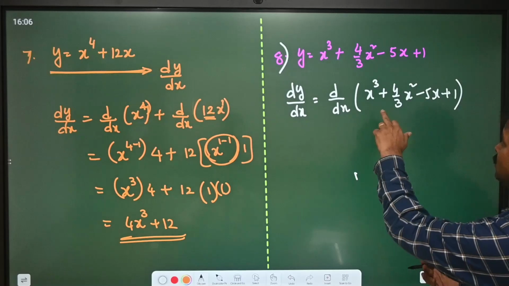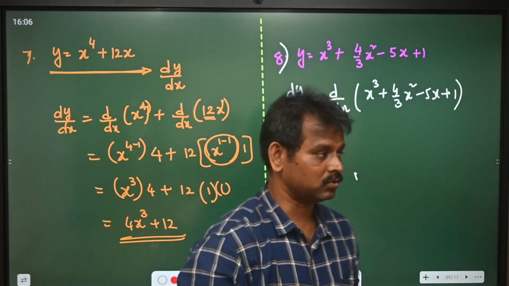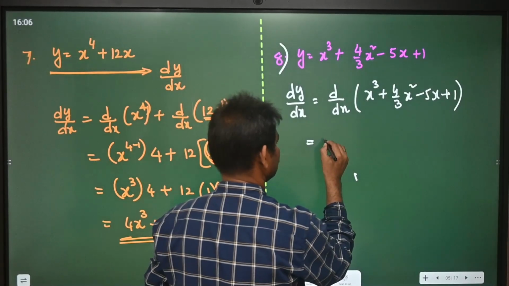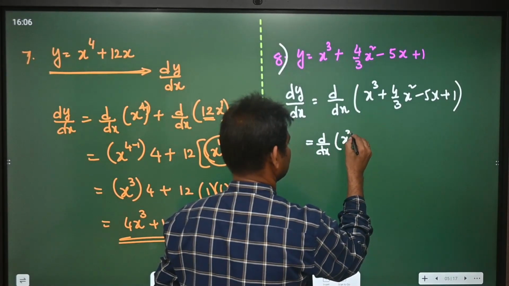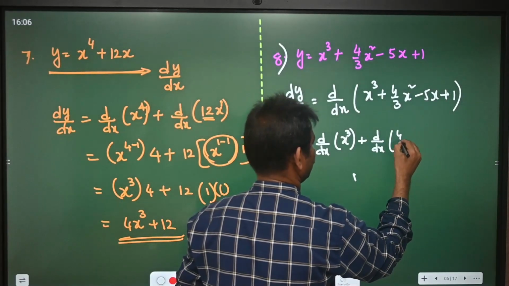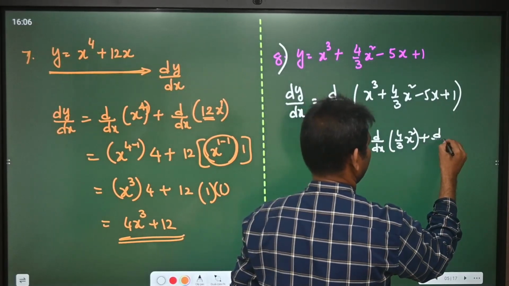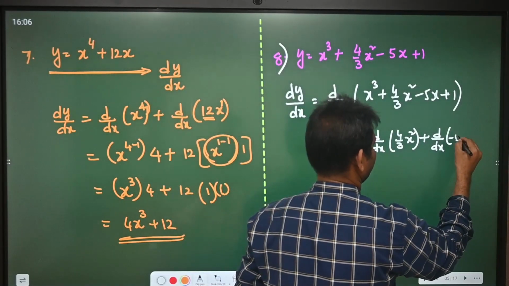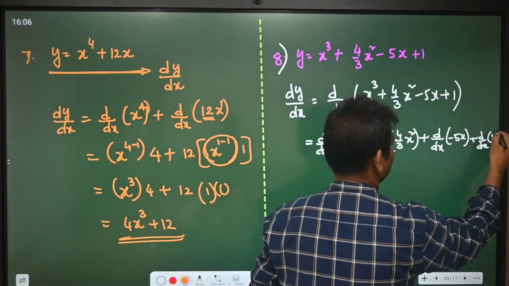Now there are four terms, so differentiate each term with respect to x. So this will become d by dx of x cube plus d by dx of 4 by 3 x square, d by dx of minus 5x, d by dx of